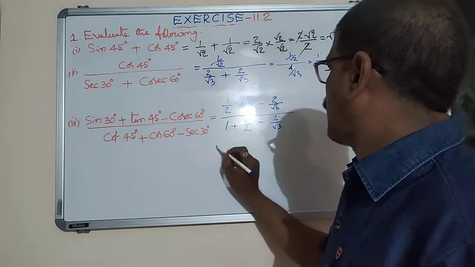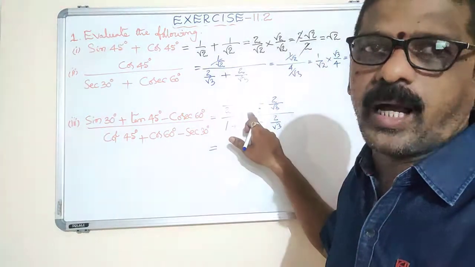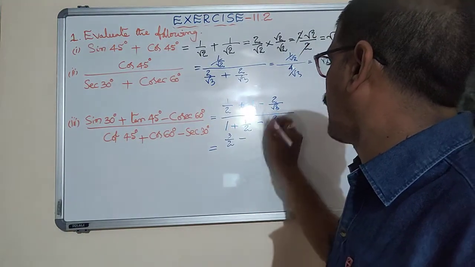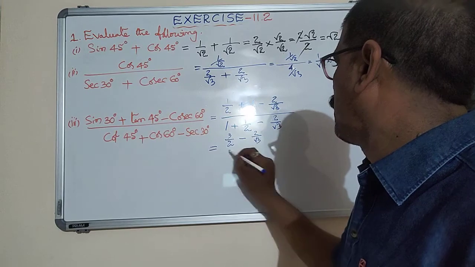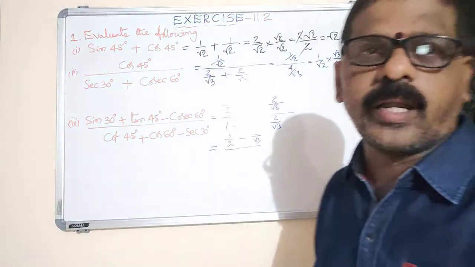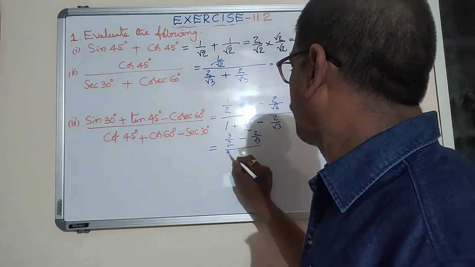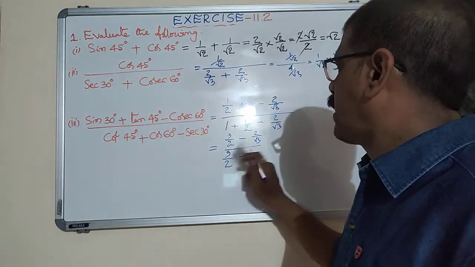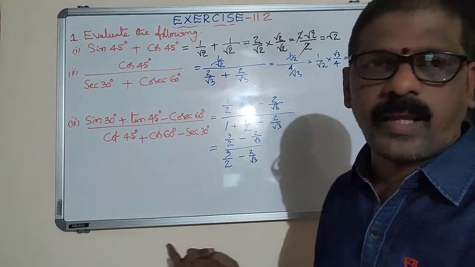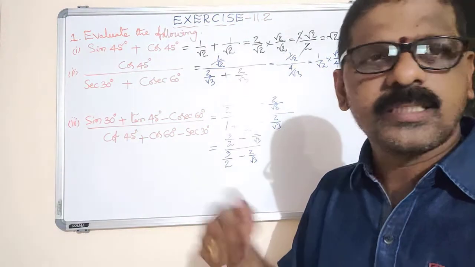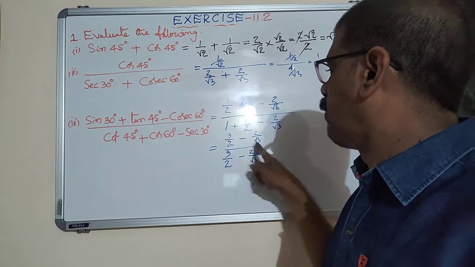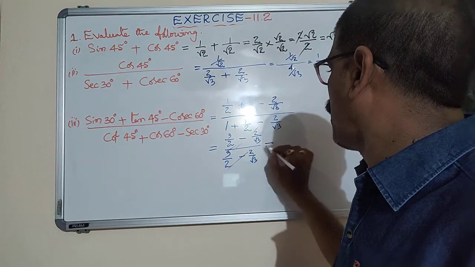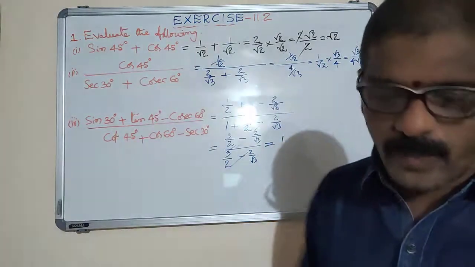Now this value is equal to half plus 1, 1 and a half. 1 and a half means 3 by 2. 3 by 2 minus 2 by root 3 whole by, this is also 1 plus half, 1 and a half, 3 by 2, minus 2 by root 3. Clear? So let it be a minus b whole by a minus b. A minus b is cancelled. Similarly, 3 by 2 minus 2 by root 3 whole by 3 by 2 minus 2 by root 3 are cancelled. So now it will be how much? 1. Clear? So this value is 1.